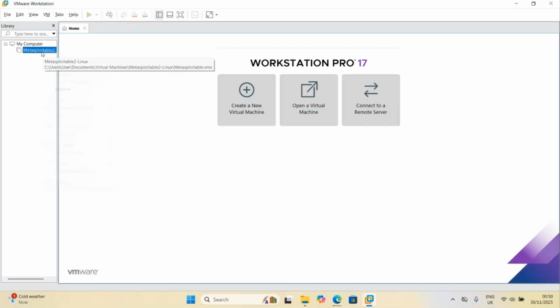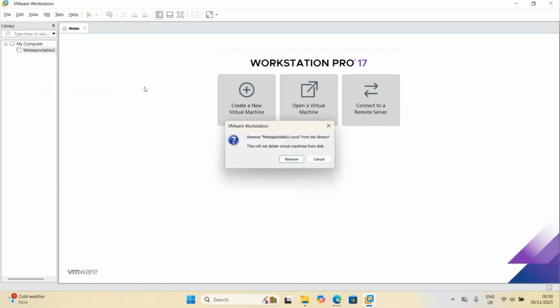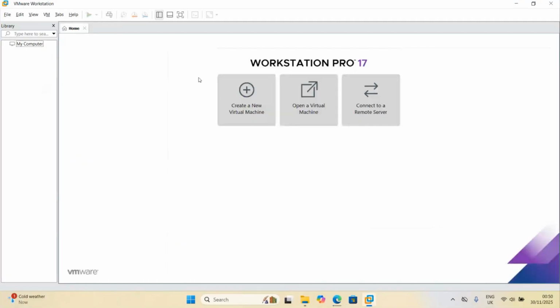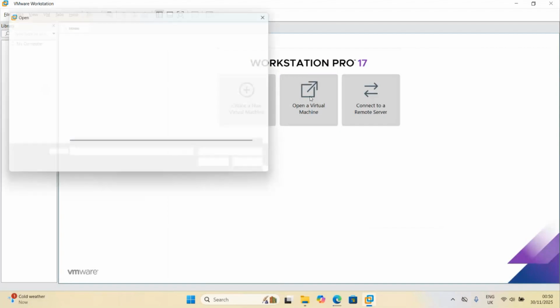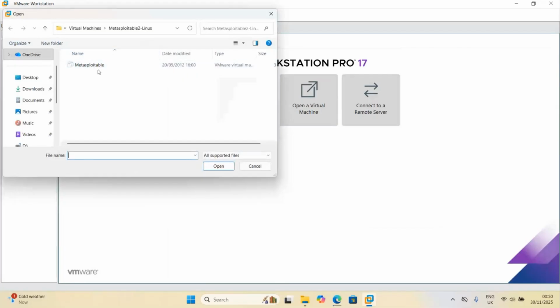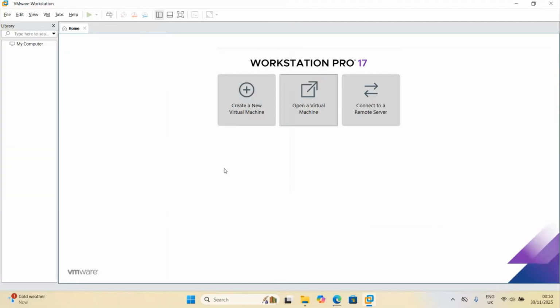Right, so this is the previous one that I had. So let me just remove it. Now, the next is for you to click on, in this case, you are not creating a new virtual machine. You can do that and then select, I will install the operating system later and then use that to launch it. But the easiest way is just click on open a new virtual machine and then select the setup here and then click on open